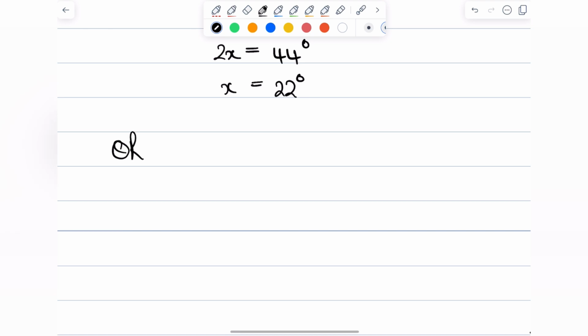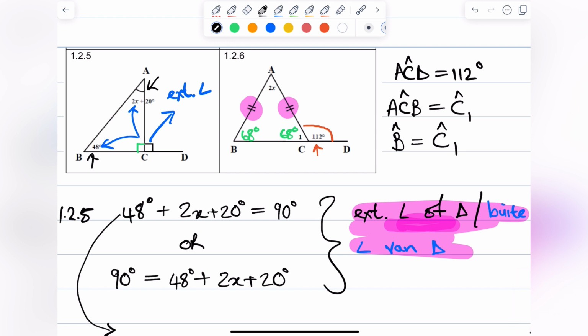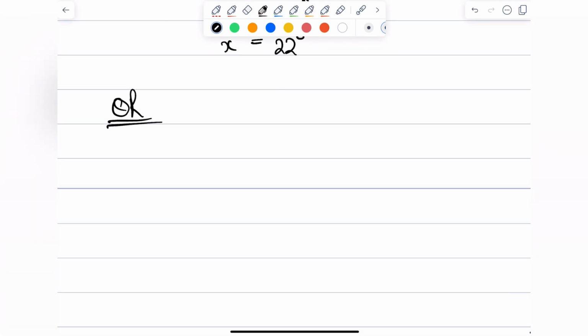So I will make another OR here, going back up to the diagram. Instead of using the interior angles of a triangle approach, we know that the exterior angle, this one over here, is equal to the sum of the opposite two interior angles. In other words, 112 degrees is equal to 2x plus 68 degrees. So if I use that approach, I can say that 112 degrees, the exterior angle, is equal to the sum of 68 degrees, angle B,